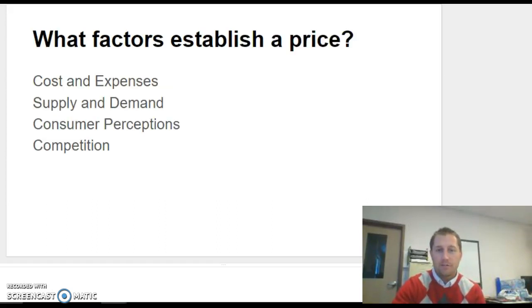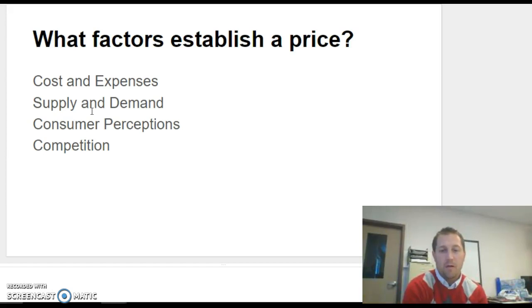This last slide: what factors establish a price? So we've got these factors in here. Remember, we put some on the board, so you might want to look back at that introductory slide to see that as well. And finally, on this last slide, number 10, for today, we'll have more slides coming, but for today on this last slide,